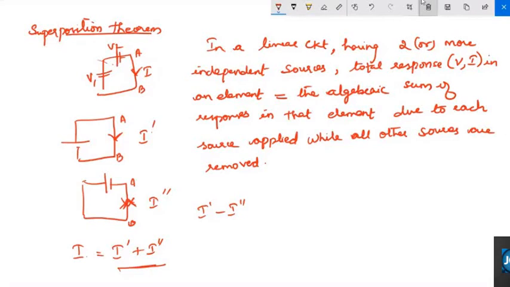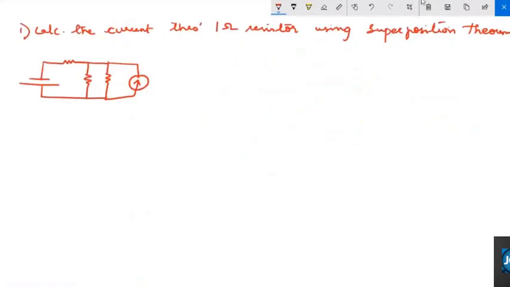But at the same time, the drawback of the superposition theorem is that it's lengthier. If we have three sources, we need to do mesh analysis three times to find the current. It seems to be very lengthy. If you are removing a voltage source, you have to short it. If you are removing a current source, you have to open it. Now, which is your load? 1 ohm, right? For each of the steps, you need to find the current flowing through this 1 ohm. That represents your I dash currents.